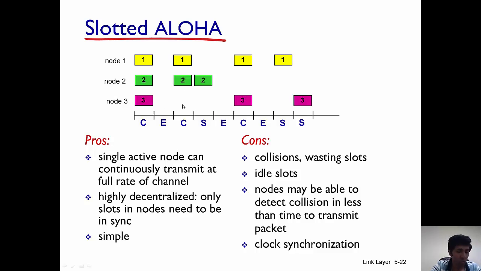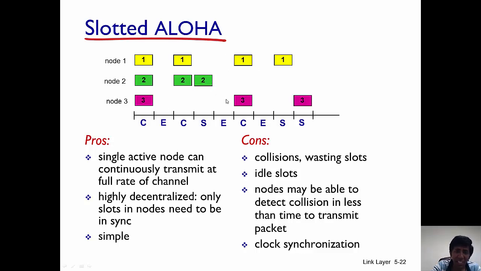3 once again decides not to transmit. 1 and 2 decide to transmit. What happens is there's once again a collision, and then in the next time slot, 1 and 3 do not choose to transmit. 2 transmits. The packet is successful. Now, if 2 had further data to transmit, it would have transmitted in the next time slot, but 2 has no other data to transmit. So 2 is done with its transmission.